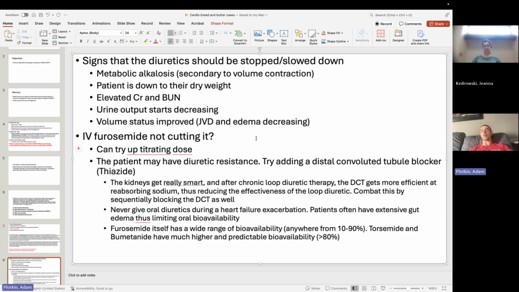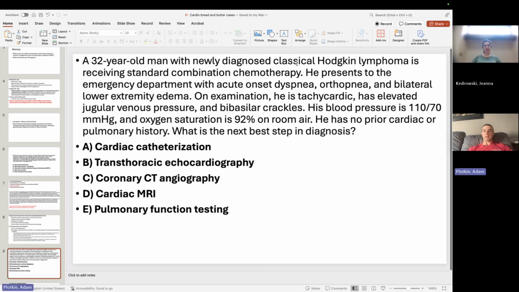So again, when you're reading answer choices, they could have multiple different diuretics on there. Look and see, are they clarifying? Are some of them IV? Are some of them oral? Right off the bat, I can eliminate my oral options. Not a good option. The other thing to consider is furosemide has a bioavailability, even IV, of like 10 to 90%. Your bumetanide and torsemide have a bioavailability above 80%. So furosemide is really hit or miss. Is this going to work or not? So all things to consider. Does this make sense? Yeah. Okay, all right, next question.